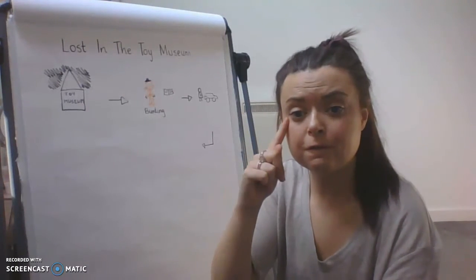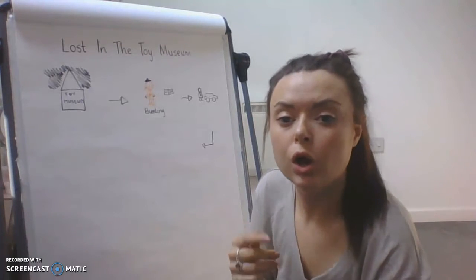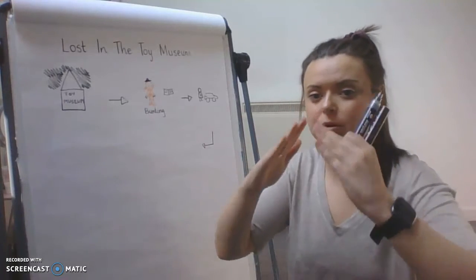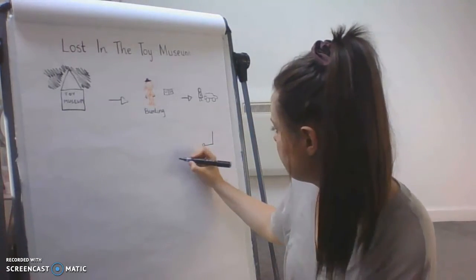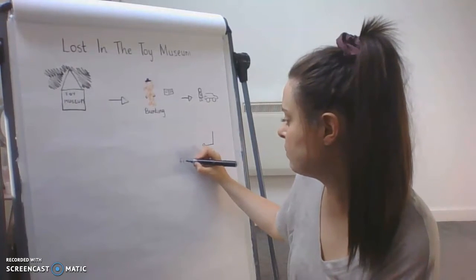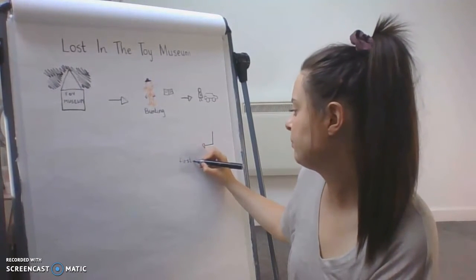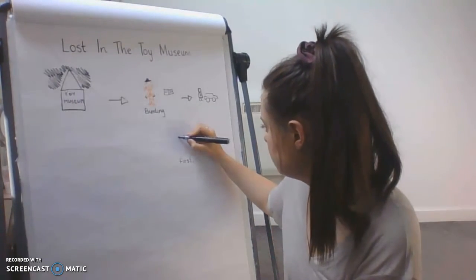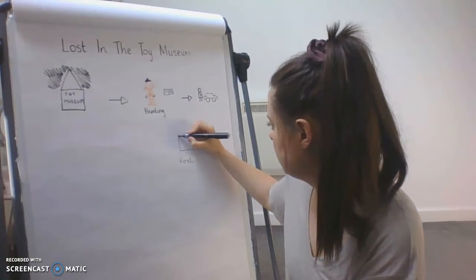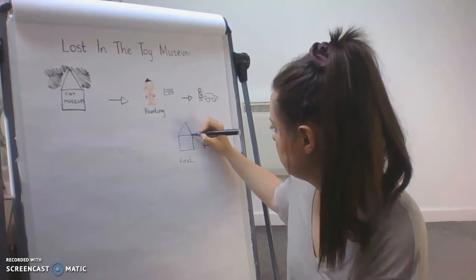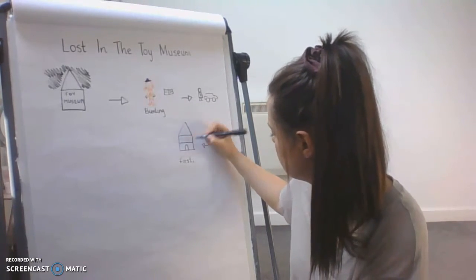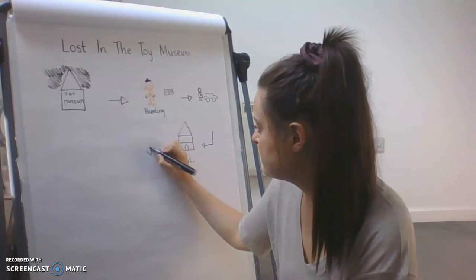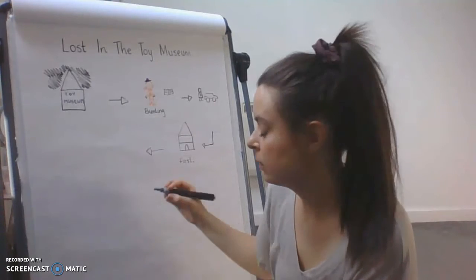where did Buntin first look? He looked in the little doll's house. Brilliant. So I'm going to write here first, because they're some of the key words that we're going to remember when we write our own story. Okay, so first he looked in the little doll's house. Okay, but were they there? No. So then where did he next look? So then